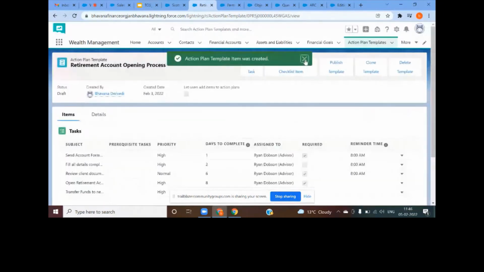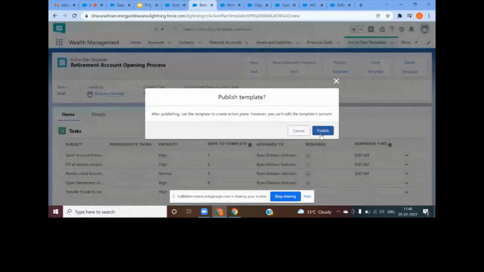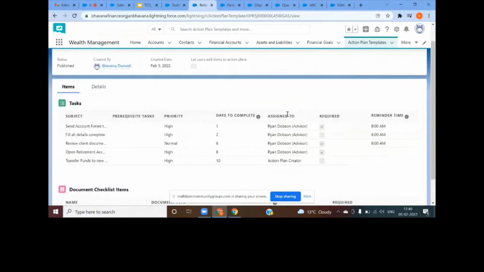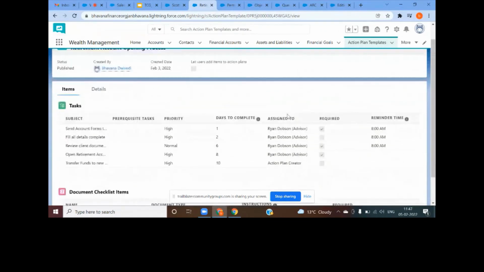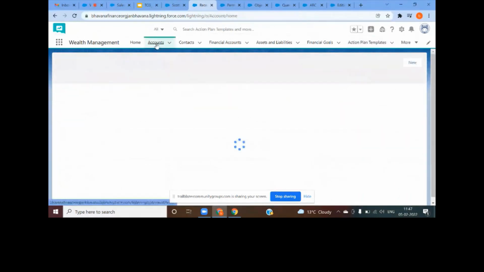action plan. Right now it's in draft phase, that's why I can see Publish Template. Once I publish it, I can't make any change inside this action plan. So I'm going ahead with publishing it, and now you can see Deactivate and Clone Template. I can't delete it, but if I want to reutilize the same action plan, I can go ahead with the Clone Template button. So if I move to the Rachel Adams